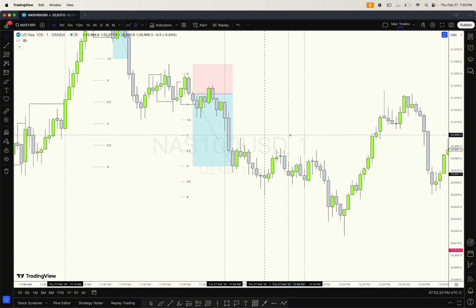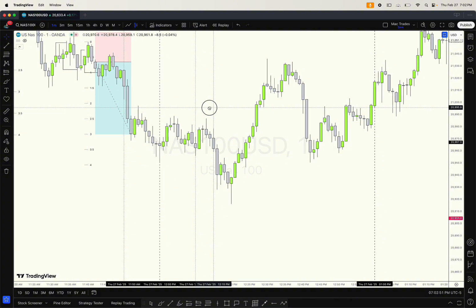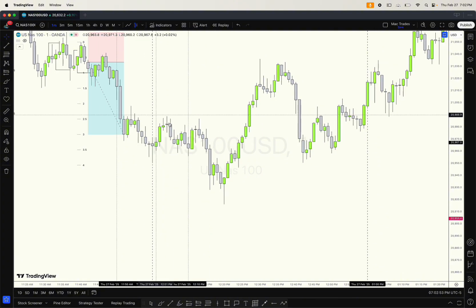Remember, buys or sells. It's higher probability to take sells, but we can still take buys. We can still take counter trend buys as long as the strategy sets up and we're able to follow the strategy to a T, right? So let's move on to the next trade. So we see price continues. Then we settle into this area here. So as we continue,